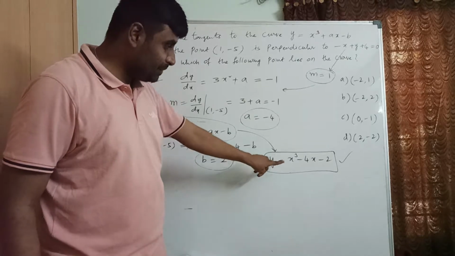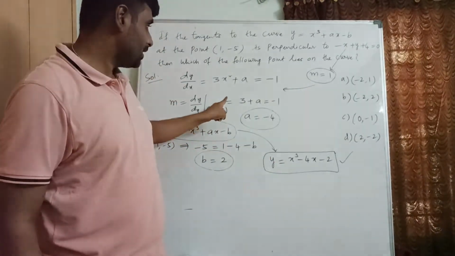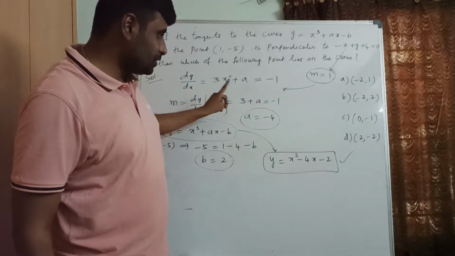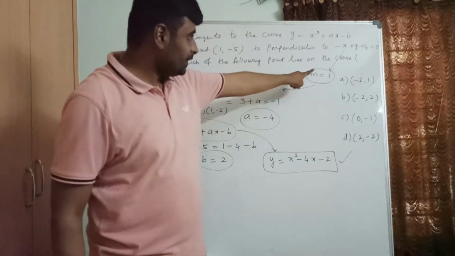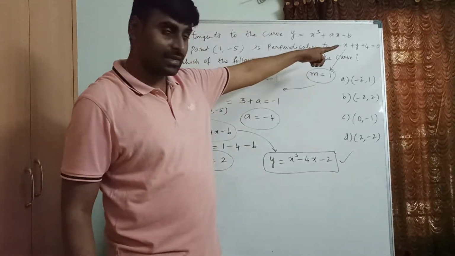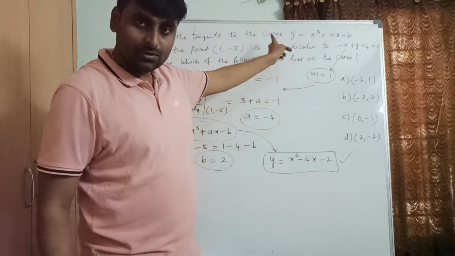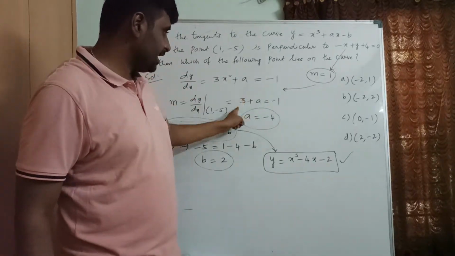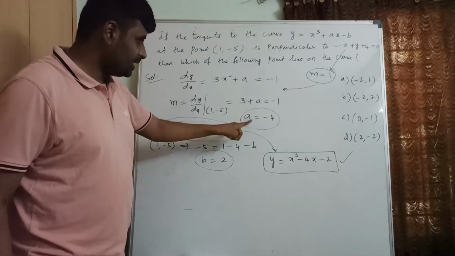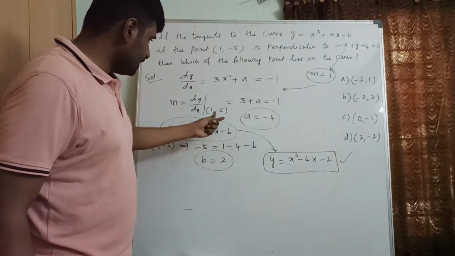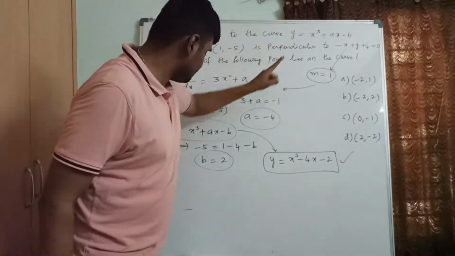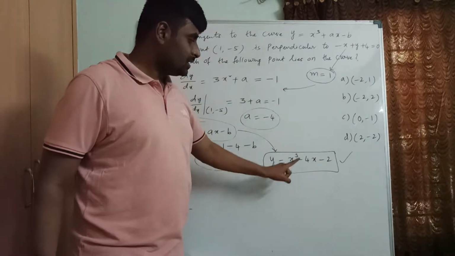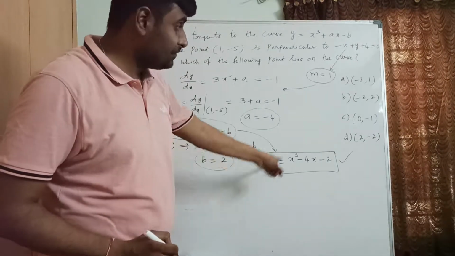So how did we make it original? We know, right? Just differentiate this, substitute the point, we can equate to the slope of the tangent. The slope of the normal is 1 because it is perpendicular. Whatever line is perpendicular to the tangent is the normal. Normal slope 1, tangent slope minus 1. Equate that by substituting the point, we'll get the a value. After that, this point also lies on the curve. Substitute, we'll get the b value. By substituting the a value and b value, this curve will become original. And verify the options now.